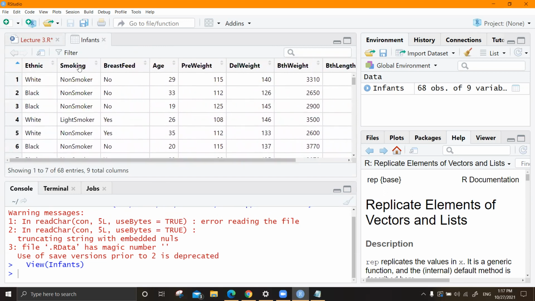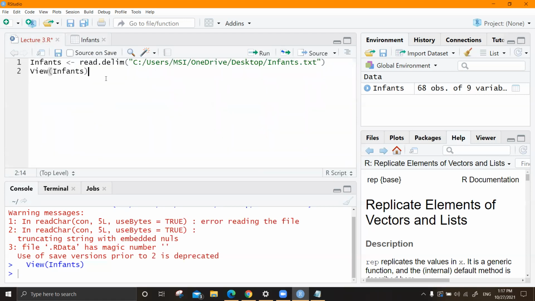So here they have taken these things as column headings, right? I'll give you a little time to import your data set. Just try this. Don't type this one. This is my computer's file location. It is in C, users, MSI, OneDrive, desktop, and then the file name. So please don't type this. This is my file location. If you type this, you will get an error. Just use this option and try to import your file.